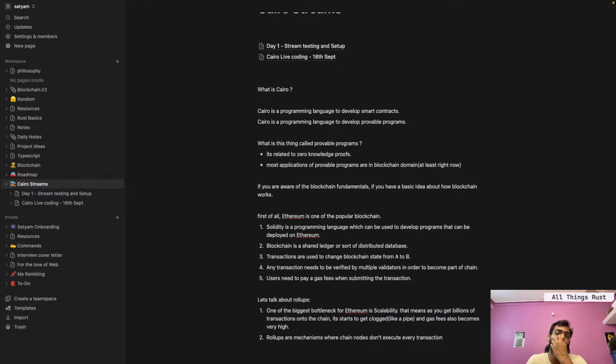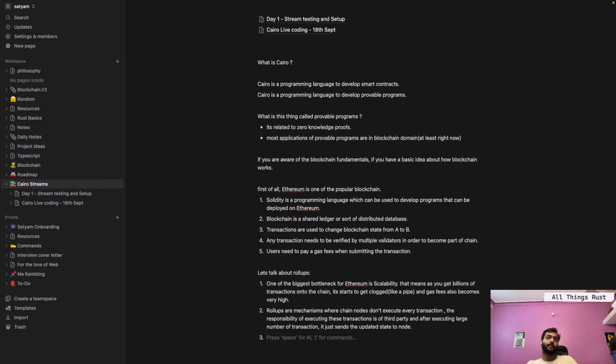The responsibility of executing these transactions is with a third party, and after executing a large number of transactions, it just sends the updated state to the node, right? This is more or less the thing that is going on.